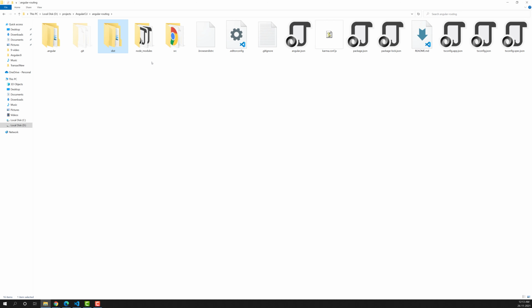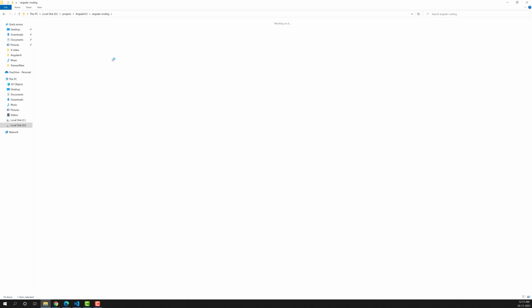Whenever we run ng build, a dist folder will be created. Inside the dist folder, another folder will be created with the app name, here Angular routing. In this one you will see the files: main.js, polyfills.js, runtime.js, and last one is the styles.css file.